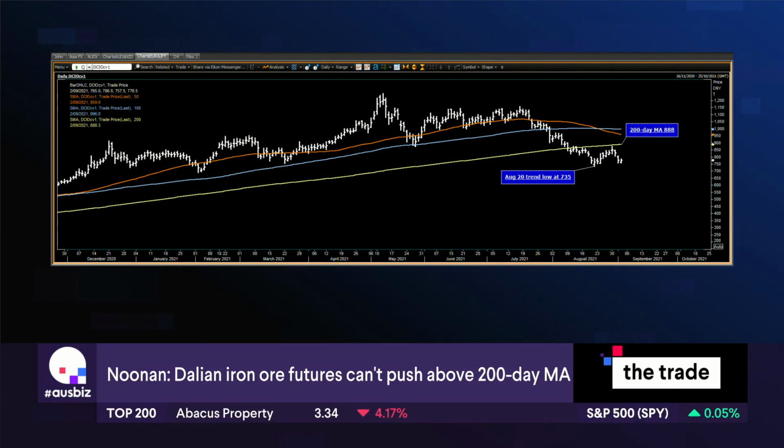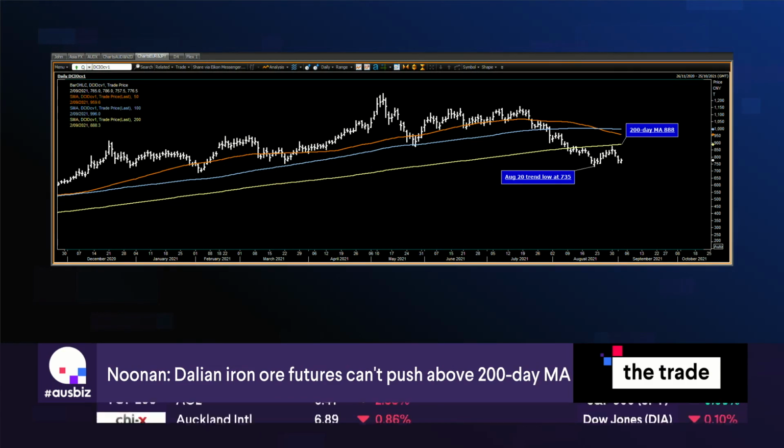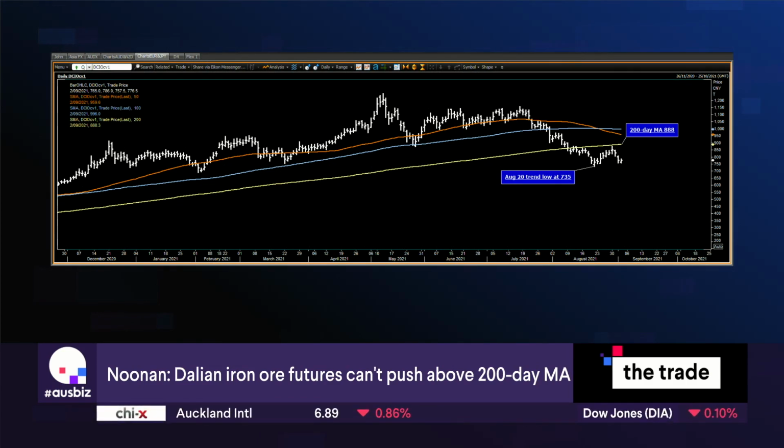And the other thing you want to watch here is the 50-day moving average has crossed below the 100-day moving average, which is a sign that momentum is now turning to the downside. But if it was to cross below the 200-day moving average, it's known as a death cross, and that would be considered extremely bearish. So yeah, I think the iron ore price, to me, tends to overshoot in both directions,